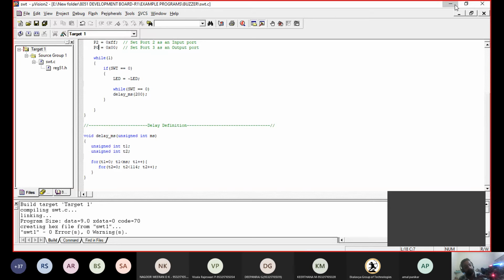From the SW1 P3.5, by pressing this, you can see here, I'm controlling the LED with the switch position.